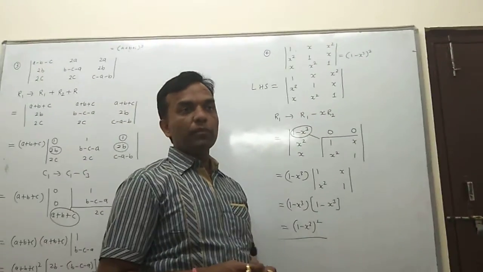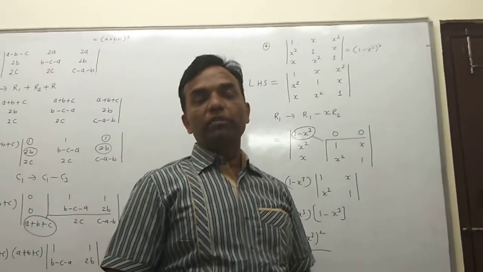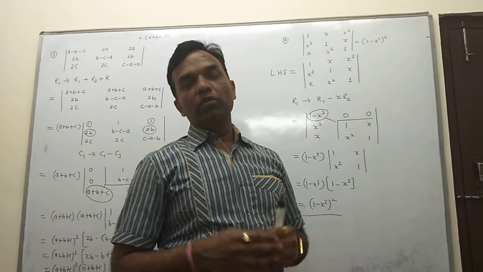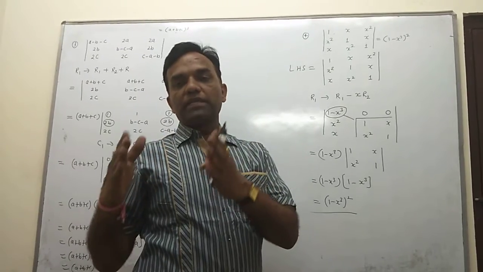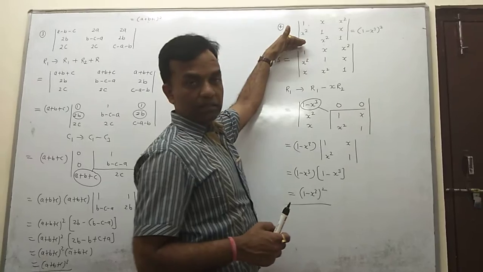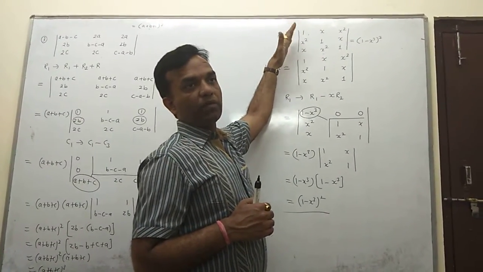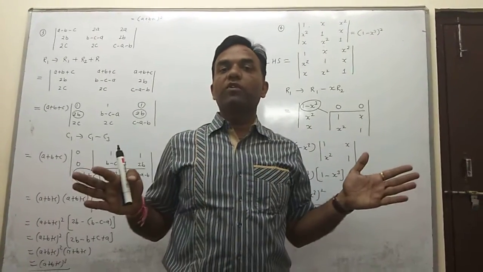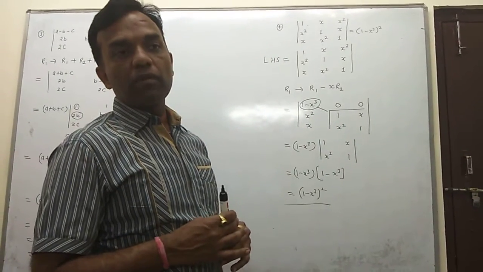But maybe suppose you decided to go like here, you take 1 minus x cube common. We know that this is the identity of a cube minus b cube, and a cube minus b cube is (a minus b) times (a square plus ab plus b square), because you added all the elements, then you have 1 plus x square plus x. So first you think about this identity, then you apply like R1 tends to R1 plus R2. In that case, a very lengthy question is going on. So many steps you apply, and then you got the result like 1 minus x cube of whole square.